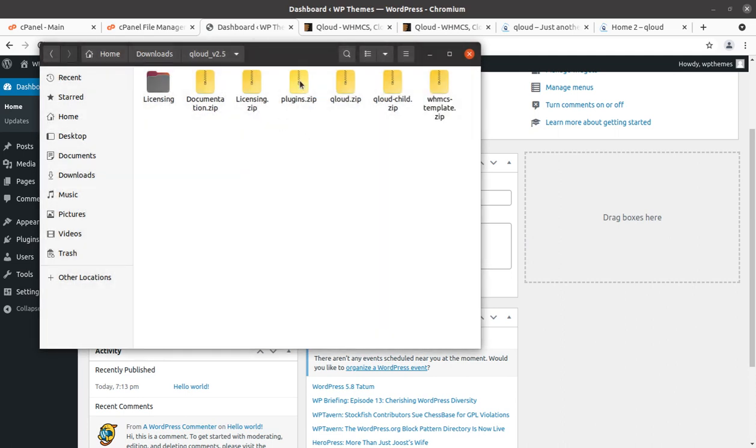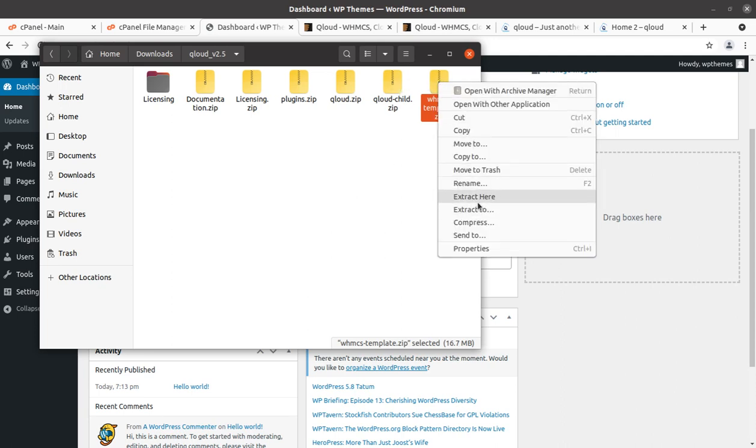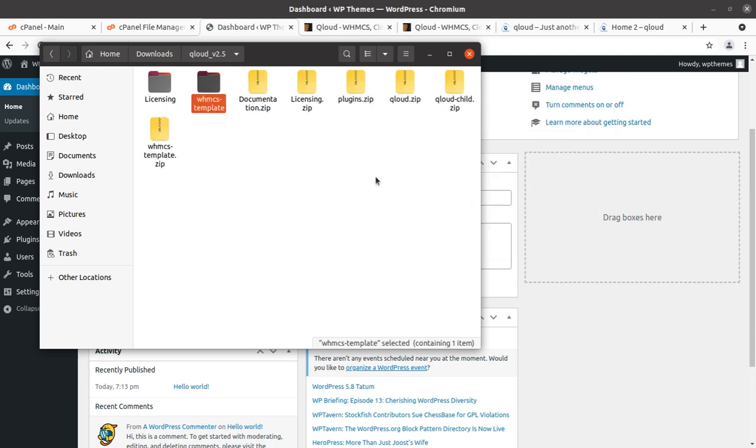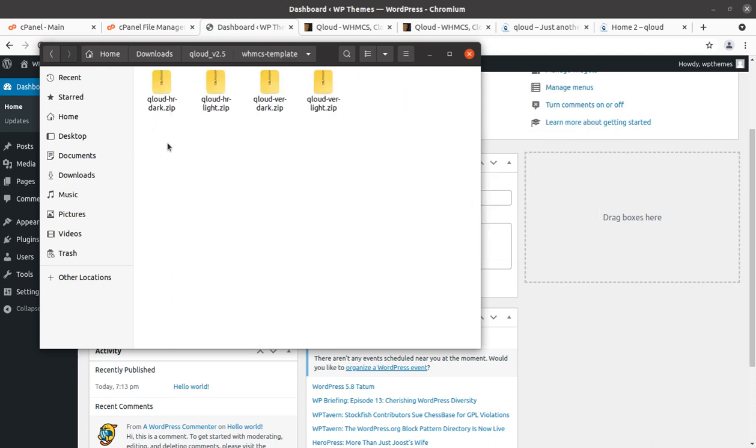Okay, so the QLoad main theme file and child theme file are here, and the WHMCS template has been given separately, as we can use it for integration with WHMCS. And I'll show you what is here. So this is the template available in the theme pack.